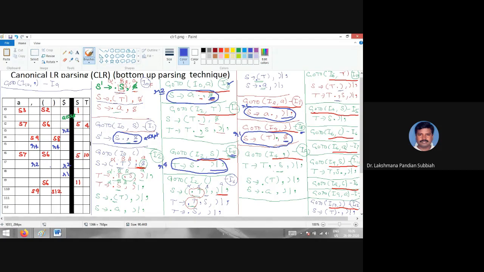Next one is 8 over, then 9 nothing is there, in 10 nothing is there, then in 11 you have to fill with R3. So this is R3. So you have to fill with R3 in 11, in close and comma. Sorry, close, I will not put. Okay, one minute.